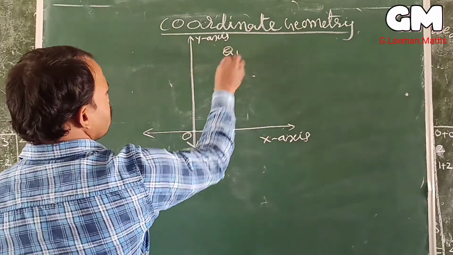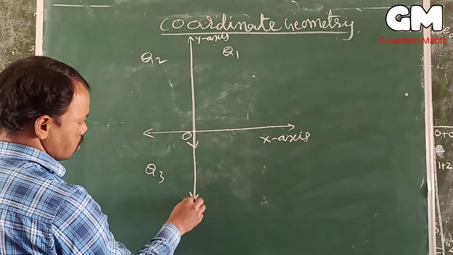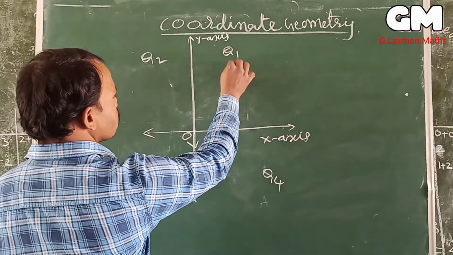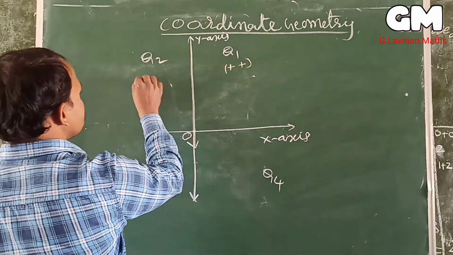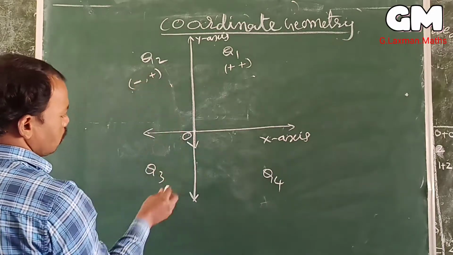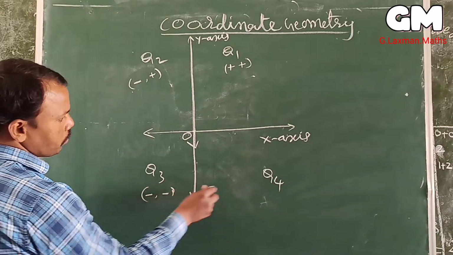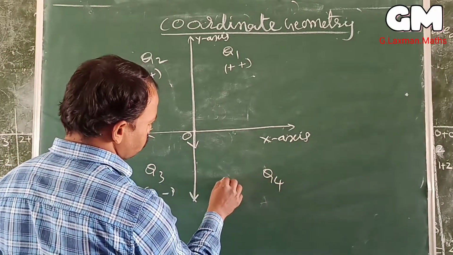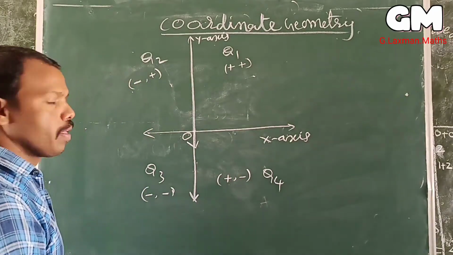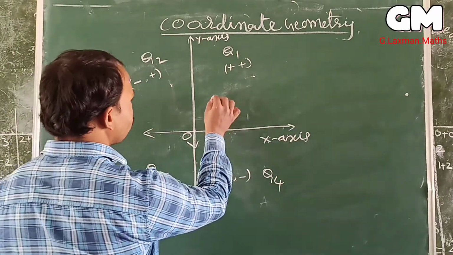This is quadrant 1, this is quadrant 2, this is quadrant 3 and this is quadrant 4, right? So these are all positive values. Here the x coordinate is negative and the y coordinate is positive. Here the x coordinate is negative and the y coordinate is also negative, and here the x coordinate is positive and the y coordinate is negative. If you take any 2 points in this plane, for example point A